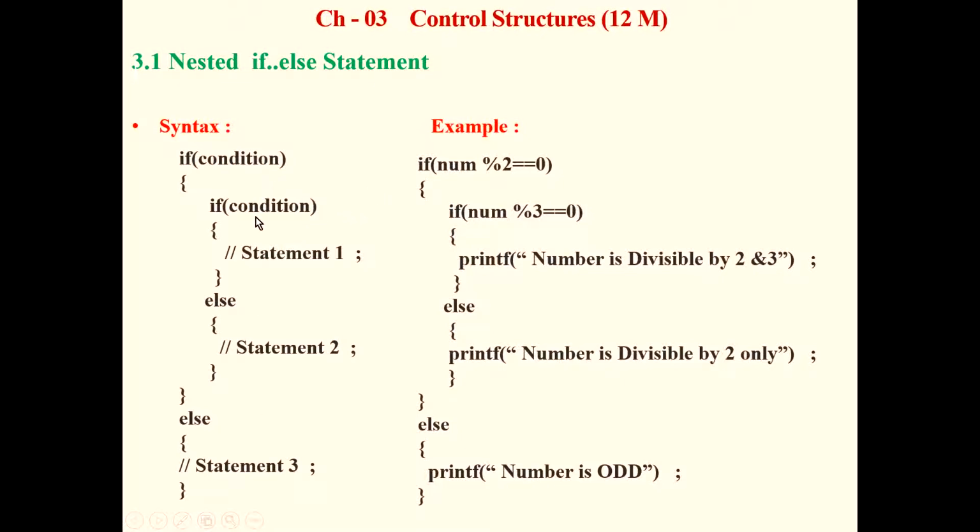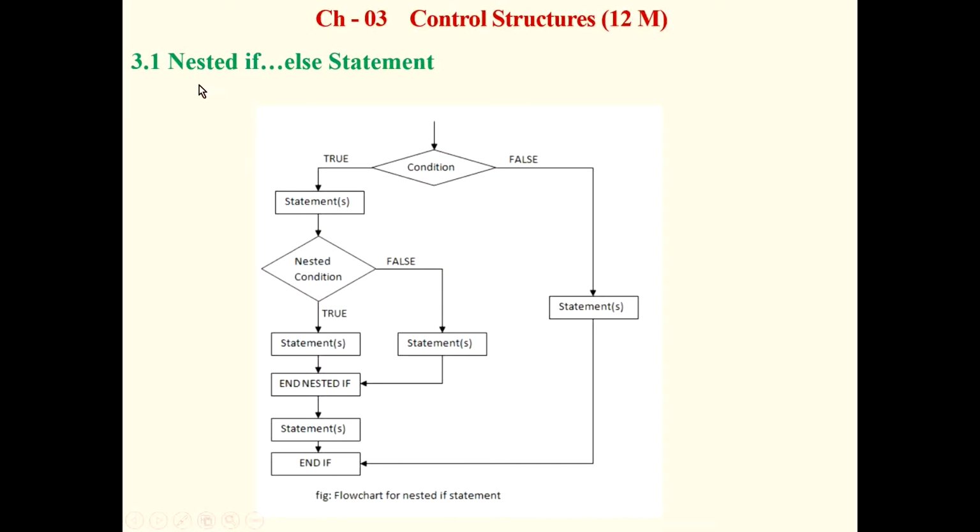Okay, so syntax is very important, and by example we can clearly understand what a nested if else statement is. Next, here I show one image, the flowchart of the nested if else statement. First, this is the first if statement. Here we check the first condition. If the first condition is true, then it executes the statements, and if the first condition is false, then it directly executes the else part.